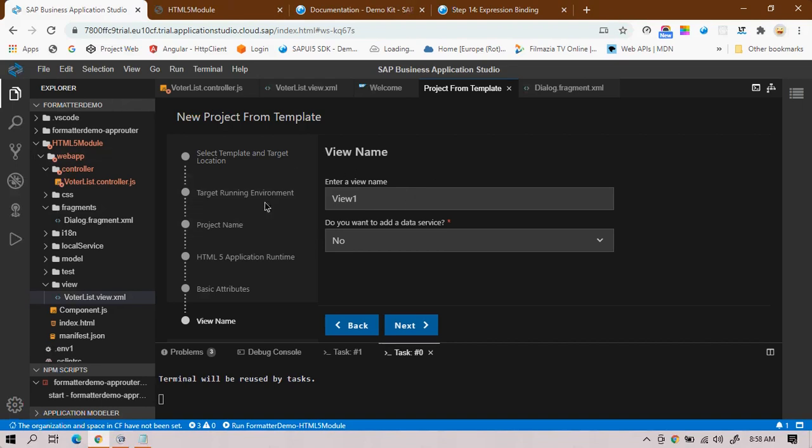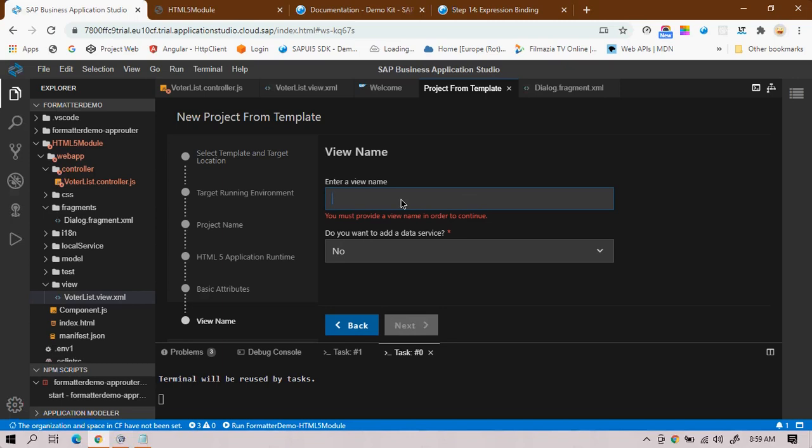So this is my new application. In this new application, we have first the view name. Always remember that the initial view has to be kept as the root view. You don't have to do anything in this view. Just make sure to keep this view as the root view.